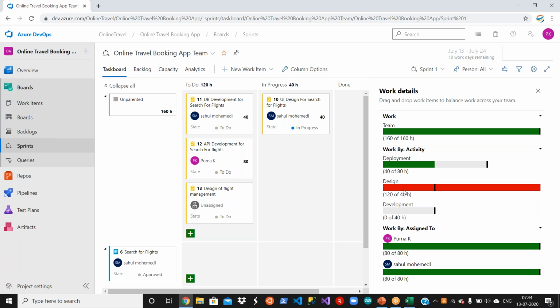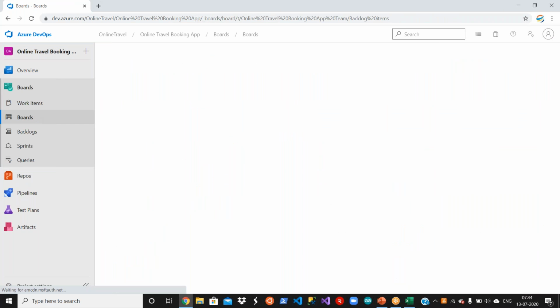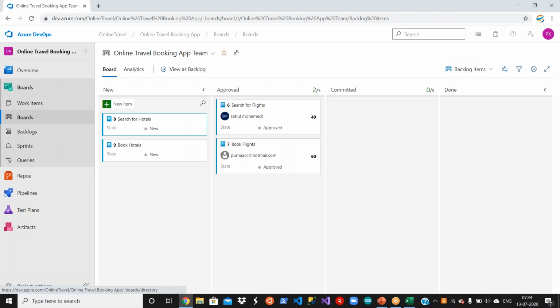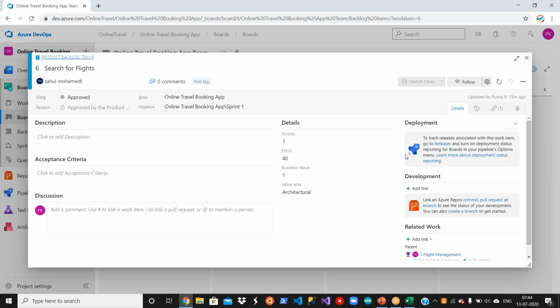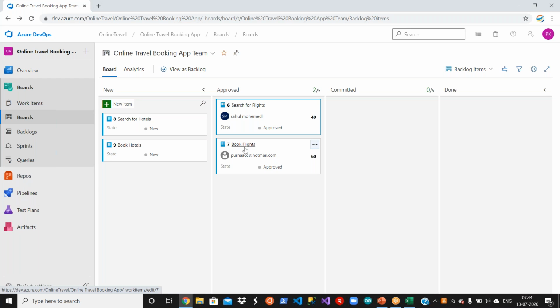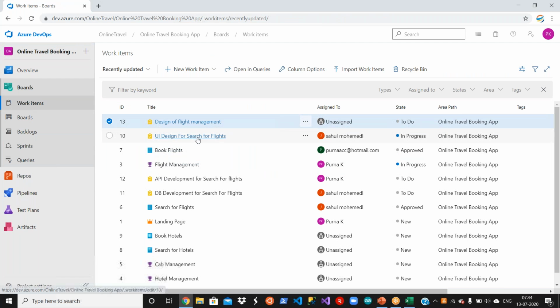Because I want to do a root cause analysis why it is in the red. Now people, what they do, they go to the work items or the boards. They will try to open each and everything, which is the design activity. They will go like this, right? Okay, sorry, these are the product backlog items, right? You may see it in the work items, go to the tasks,